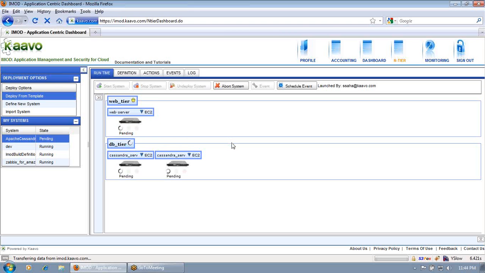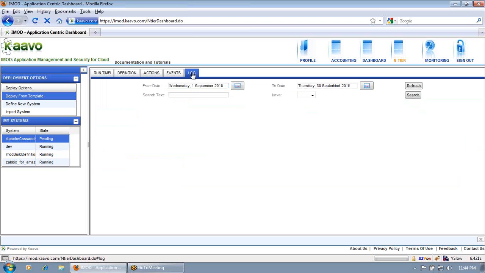While the system is coming up, you may want to know what is going on behind the scenes. To check this, you can go to the log tab.